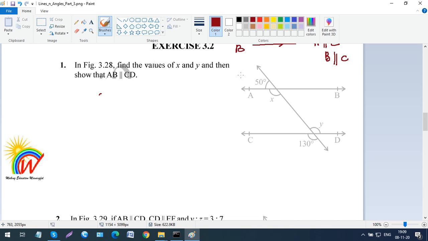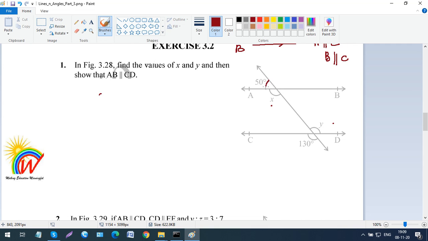In figure 3.28, find the values of x and y. They have given this x and this y in the diagram. It's very clear. And you also have to show that AB and CD are parallel. So if this angle is 50,